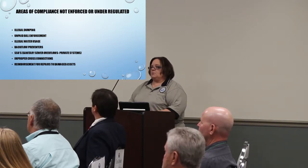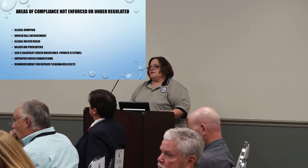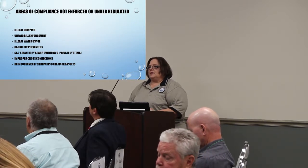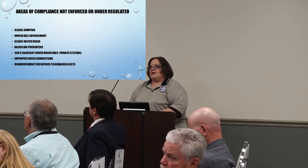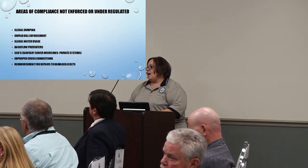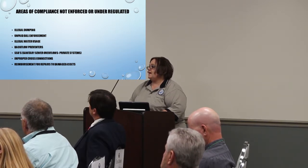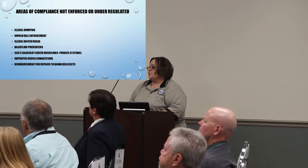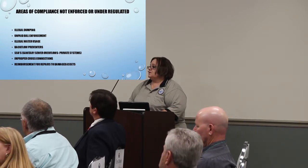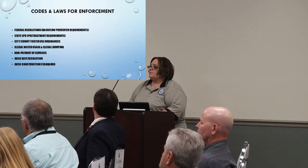The codes and laws that we use for enforcement here in the JWSC are the federal regulations for the backflow preventer requirements. And the state EPD requires a pretreatment permit if you treat more than 5 million gallons a day at your wastewater plant, for all industries that can affect your plant. Every industry in Glynn County is not permitted because a lot of them do not discharge anything to the plants